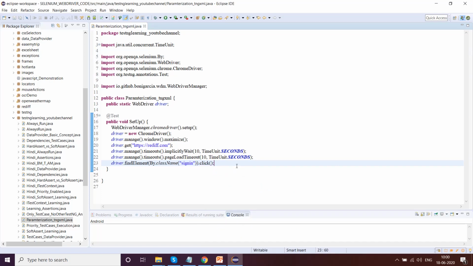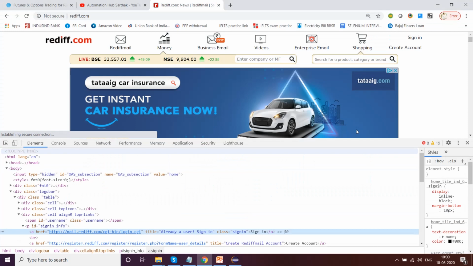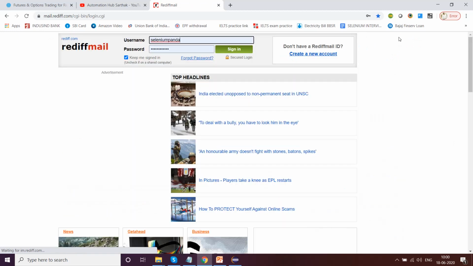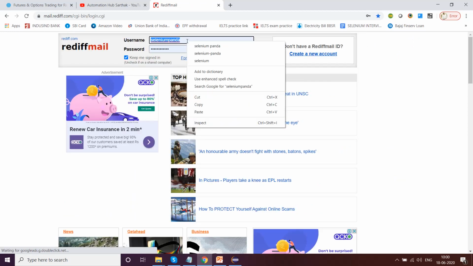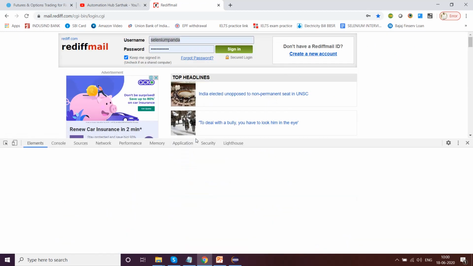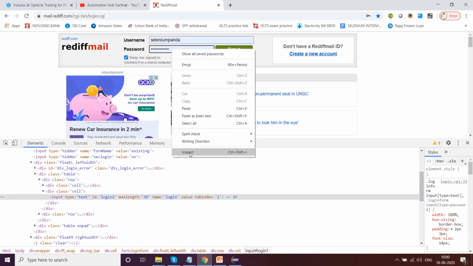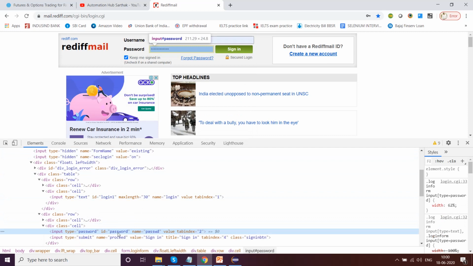That is one thing. Now the moment you click here, it will come to this particular page, and let us inspect. We have ID login1 for username, and ID equal to password for the other.